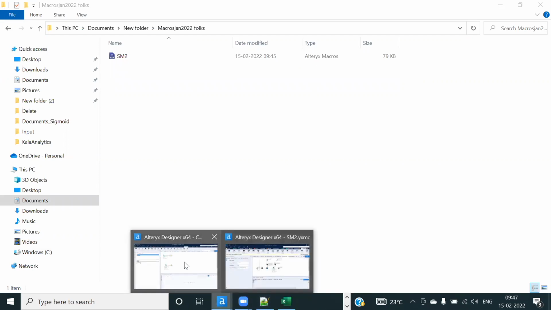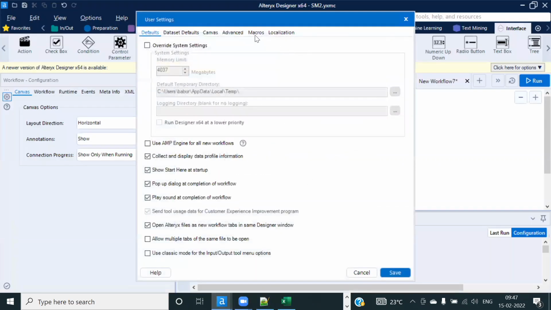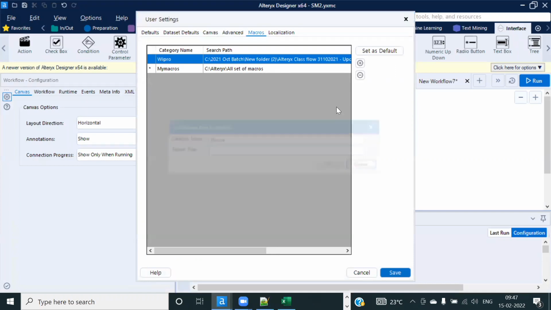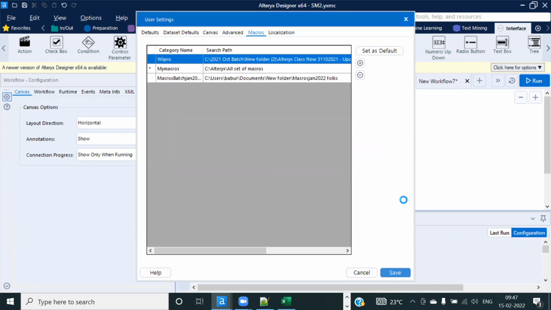Observe carefully. This is very interesting. I'll copy this path. I'll go to options, user setting, edit user setting. I'll go to macros. I will add it. I'll say macros batch January 2022, and then I will add the path. In this path, I have all the macros which I created for batch 2022 January. So when I say okay and save it,